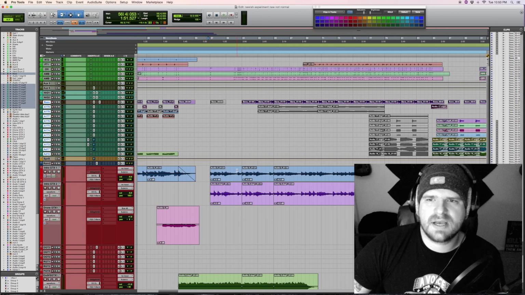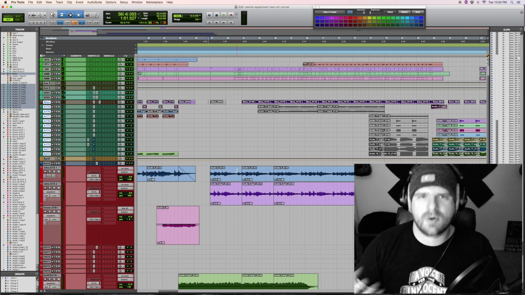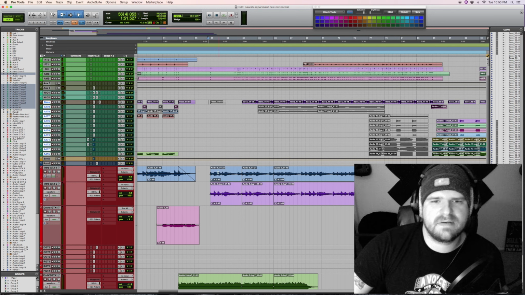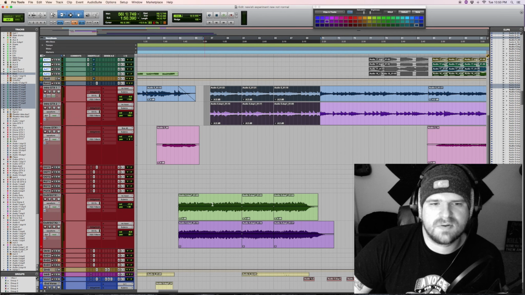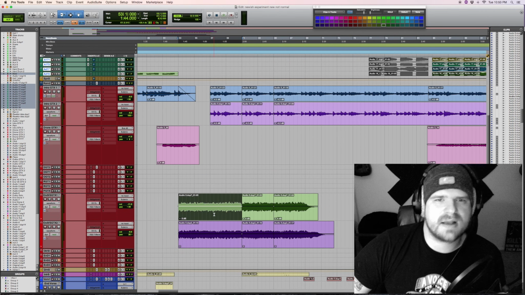Now, there's not much different going on as far as the verse goes, except there's a little more energy in the song. The drums are hitting a little bit faster. You have the main guitar riff, now doubled and panned, and you also have this little lead that I just showed you that's still playing throughout the verse. So I'm not going to go too much into detail.